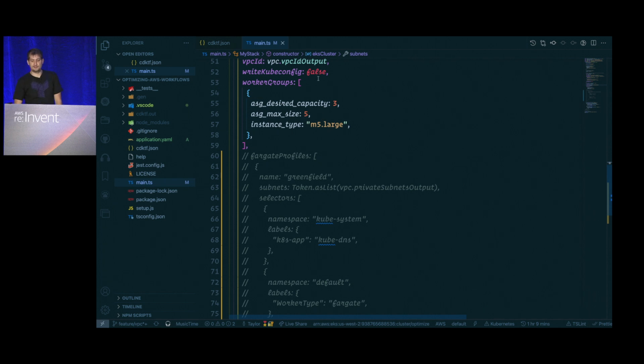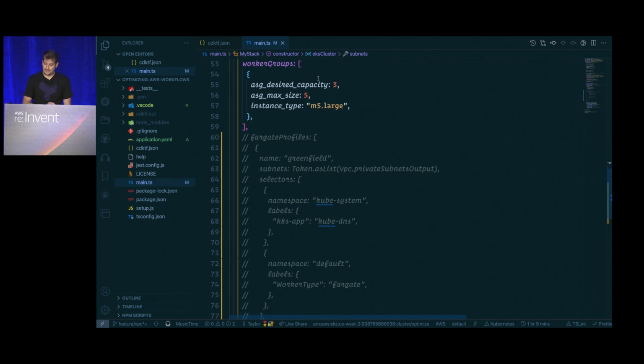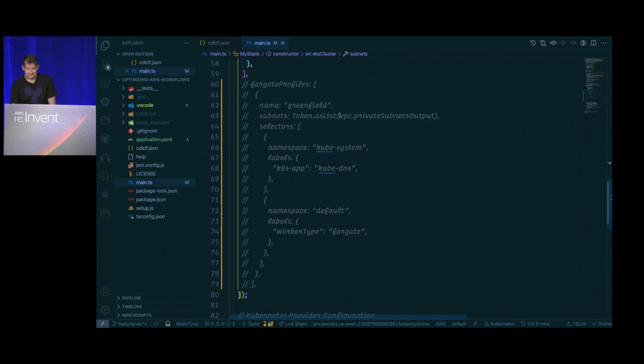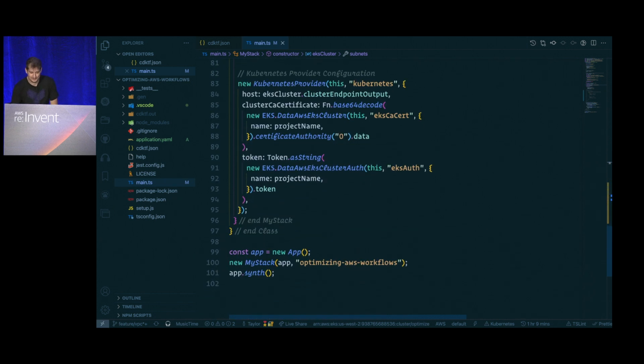I'm also writing out the Kubernetes configuration. I want to pull that in. I always want to get the latest on that front so I can actually authenticate. I'm going to be using the AWS CLI to pull that in. And then lastly, we're spinning up some worker groups, just spinning up 3 EC2 instances to then back my cluster. If you'll ignore the commented out code, that's going to be for a demo as we go and apply some changes. And then lastly, we need to authenticate to the Kubernetes cluster.